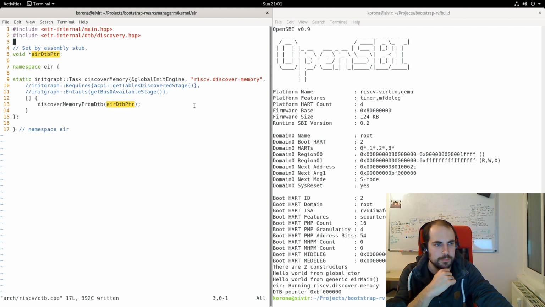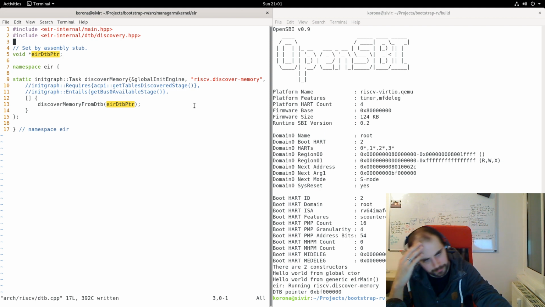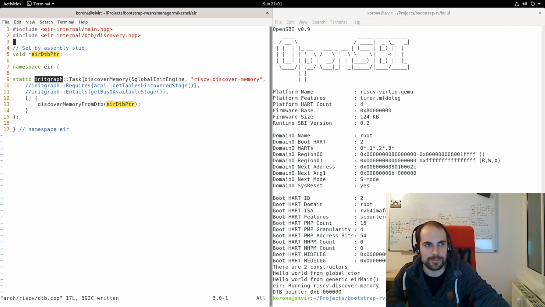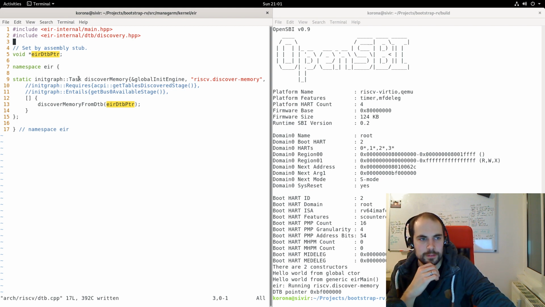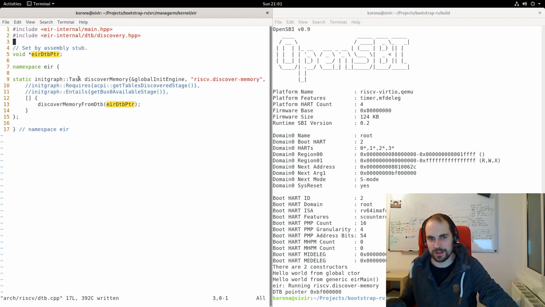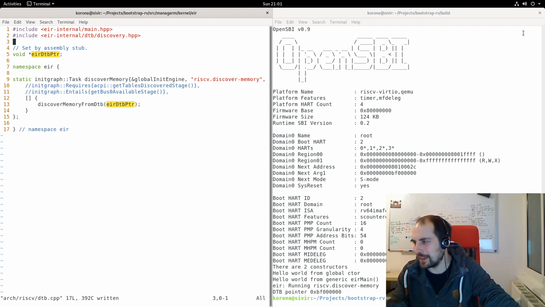But then basically what we will do is add appropriate init tasks to do all the stuff that the ARM main function does right now. And then hopefully we will be able to load the kernel, and then we'll start working on the kernel, I guess. But that will take still a bit of time. Okay, so thanks for watching, and